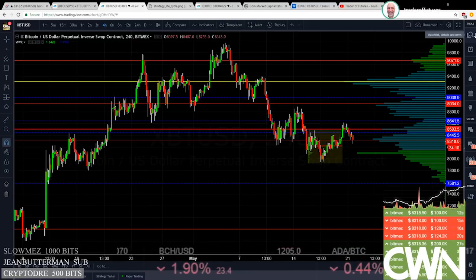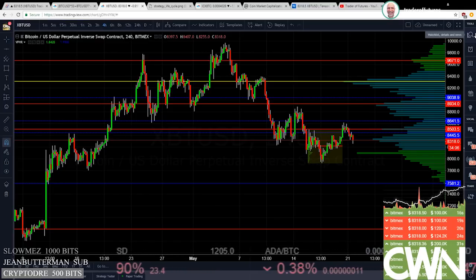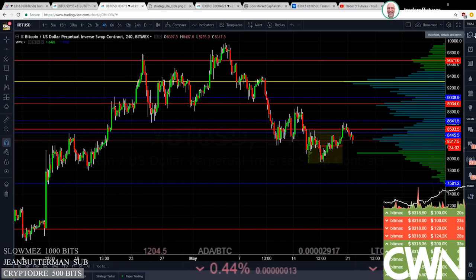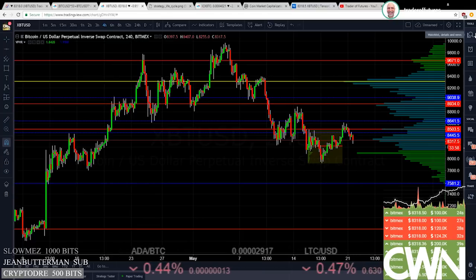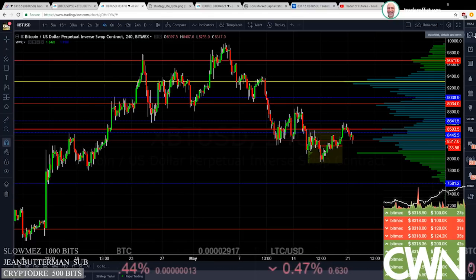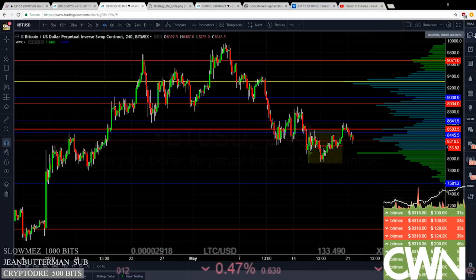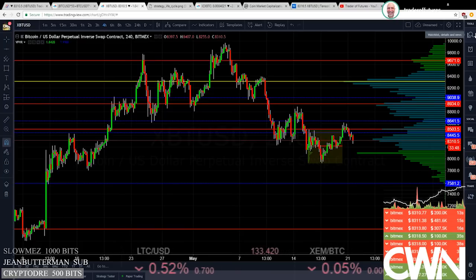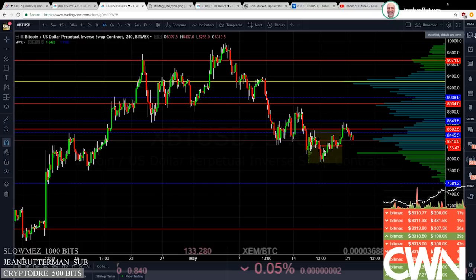This isn't new money coming in. This is old rehashed money that's trying to manipulate the market. If it were new money, it would have shown in the trend. There would have been more interest, there would have been more people, and Coinbase would have been putting out statistics saying, hey, our sign up rate is rising again. From an interest point of view, it kept on going down while this last leg was going up.